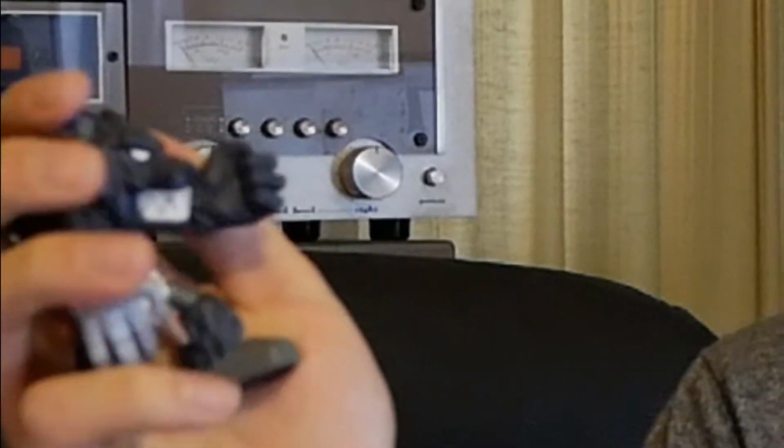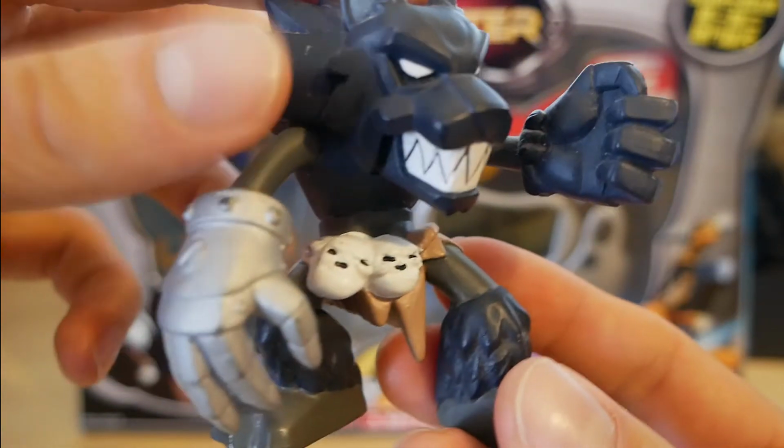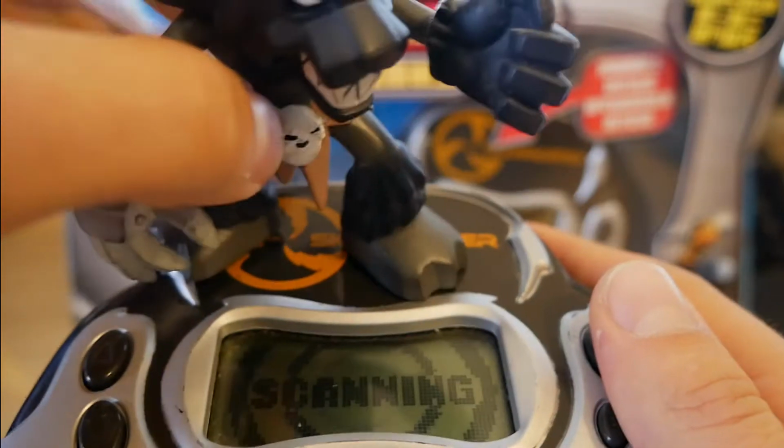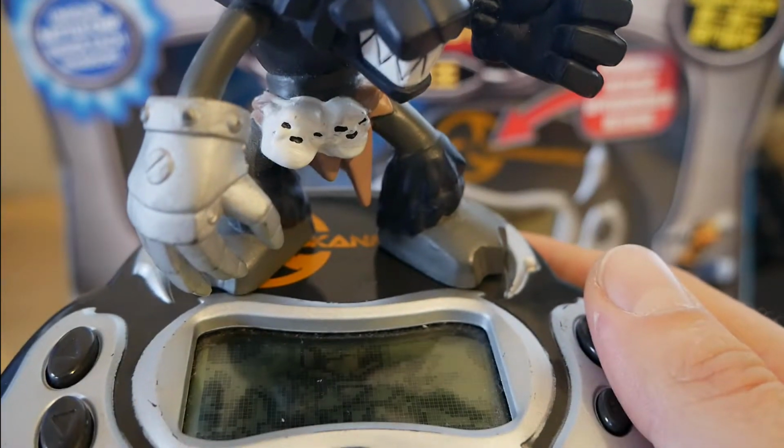The figures themselves are around 2.5 inches tall, so about the same height as an Amiibo without the stand. They're quite solid, not as solid as an Amiibo, and have a slight rubbery feel to them, so they sort of give a bit when you squeeze them, versus the more rigid Amiibos. Most of the ones I have are pretty well designed, with the wolf character Grendel being my favourite. One of the feet contain the chip, so when they're set down on the device they are scanned into the game. Speaking of which,